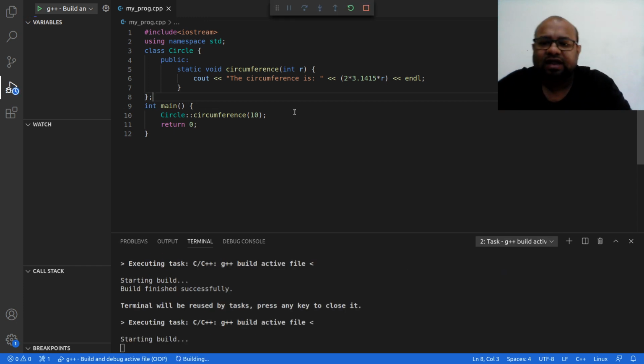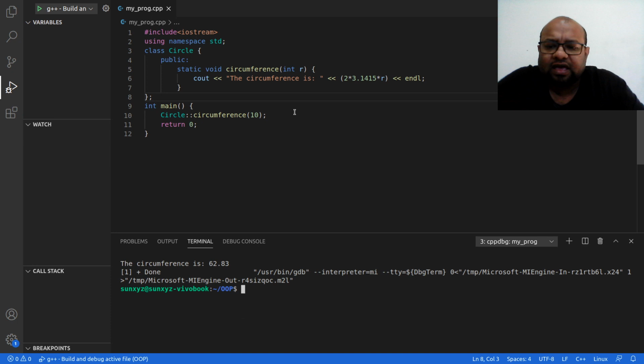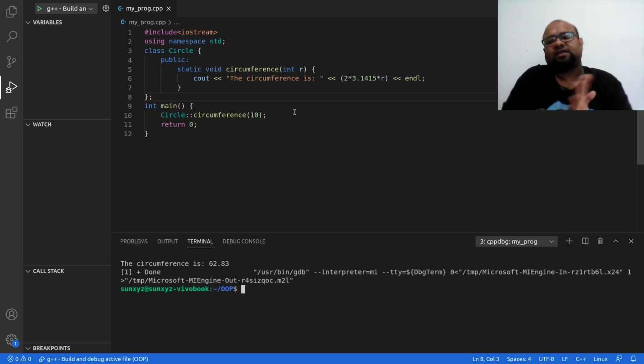Let me go ahead and compile this, and I am able to compile and run this. Alright, so this is good. I am able to call this method without creating an object out of the class. So this is one advantage of a static method.